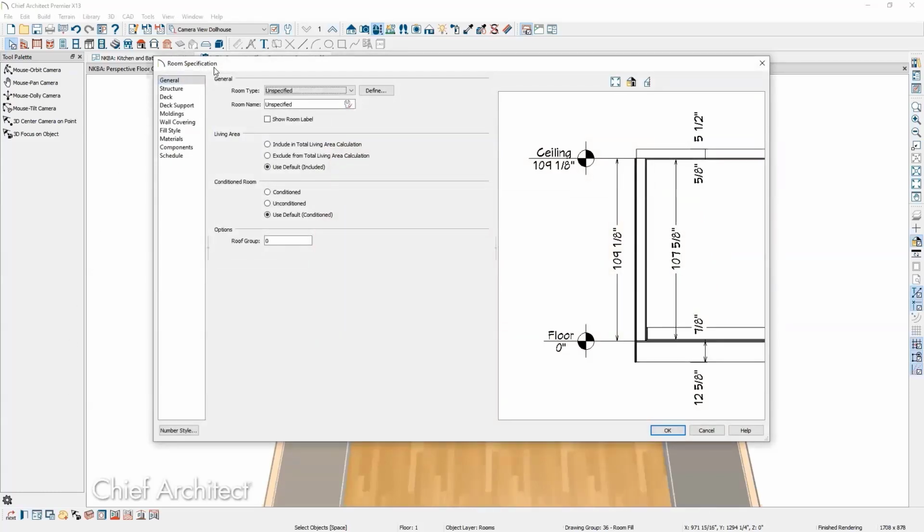These specifications work basically the same for all items in the software in that you have different categories of things you can adjust on the left-hand side. You can make the adjustments in the middle, and then you can see a preview of what those adjustments will look like over on the right. So here I'm on the general panel,